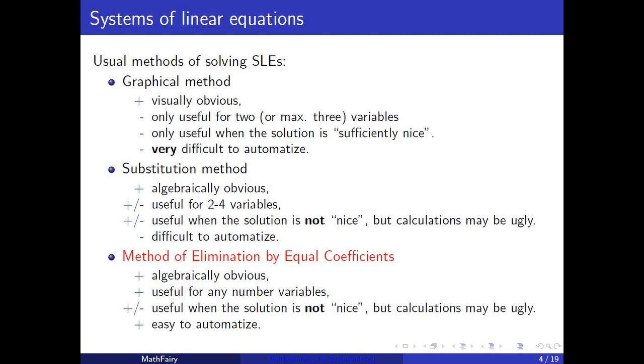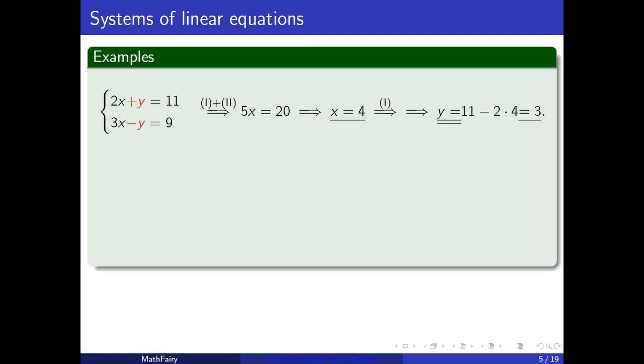The biggest pro of this method is that it's very easy to automatize. Now let's take a look at some examples of this method of elimination by equal coefficients. So let's suppose that we have the system of linear equations 2x plus y equals 11 and 3x minus y